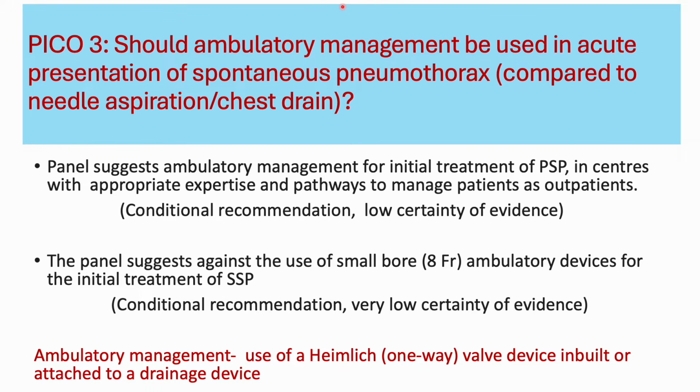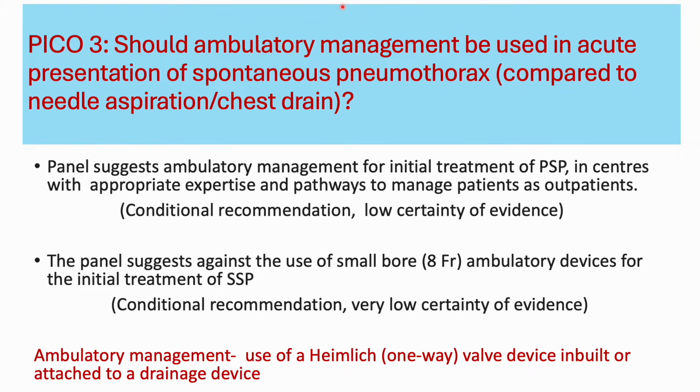There was also a decrease in readmissions, if you manage it well, even on an ambulatory basis. But when we are looking at secondary spontaneous pneumothorax, they are underpowered studies. There's still a high risk. And in the case of an ambulatory device, a Heimlich one-way valve will remove the need for admission. It'll allow outpatient treatment, and it's cost effective compared to an admission. So that's why they feel that the ambulatory pathway requires consideration, but you should have that expertise to make an informed